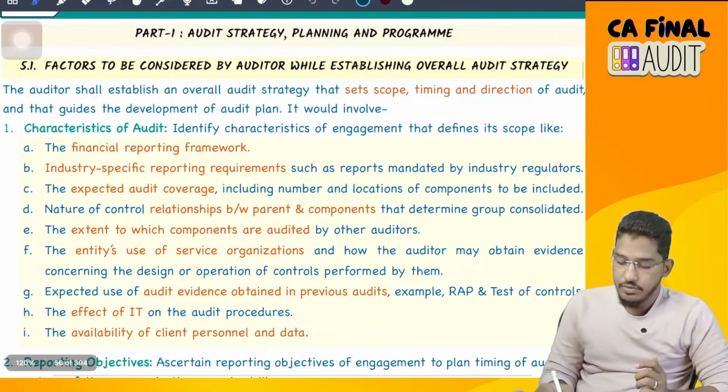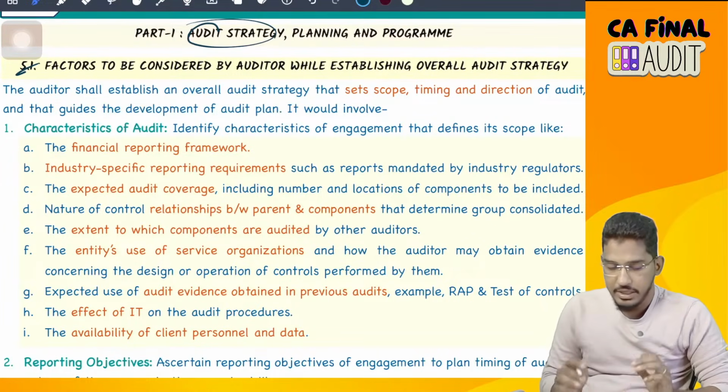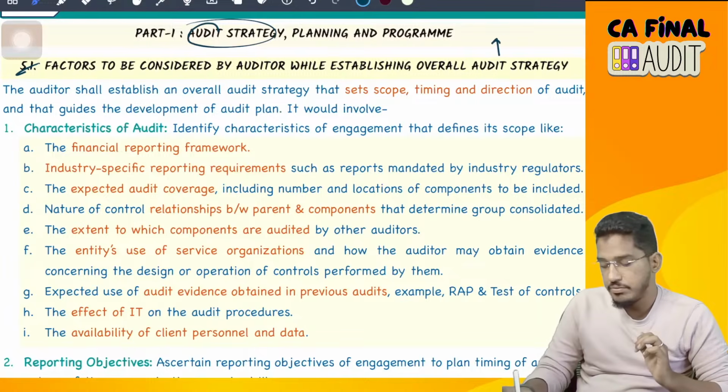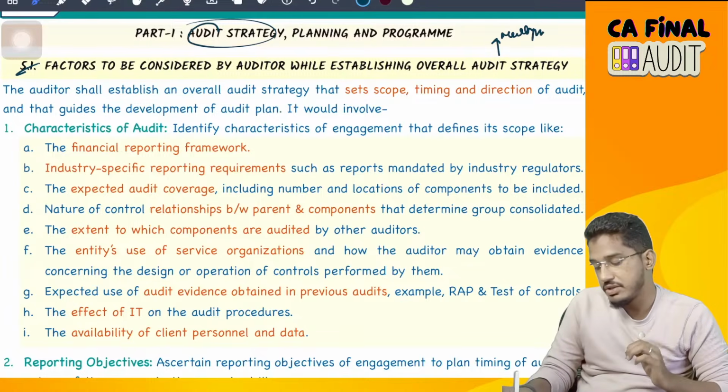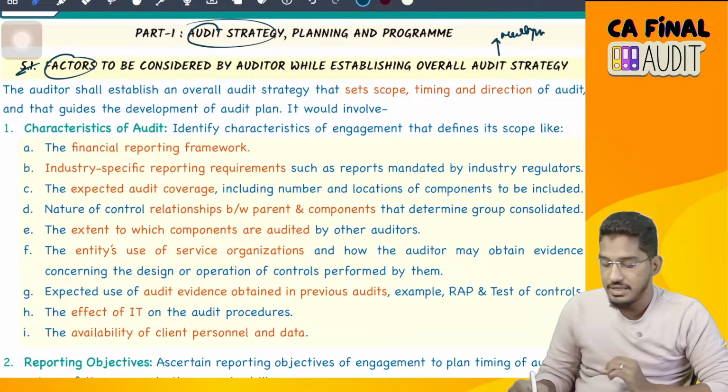Okay, so first one, as I've told, first and foremost activity is establishing the audit strategy. And if you see here, we have one particular question, one particular concept, very important. Multiple times they have asked it in the examination. So very, very important. So the first aspect is what factors you are required to consider while establishing the overall